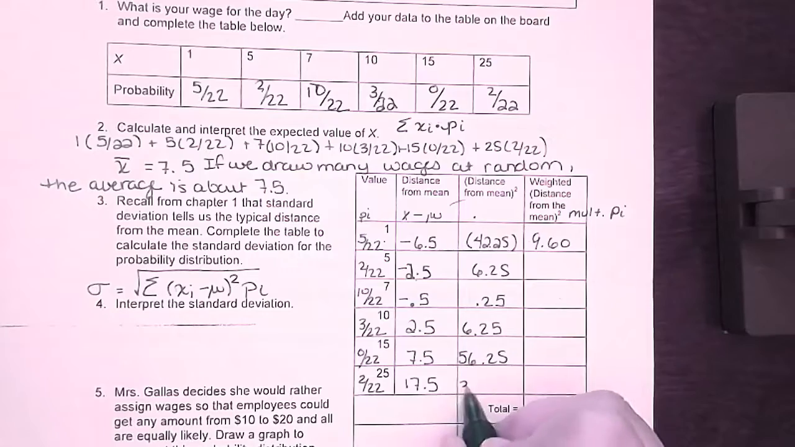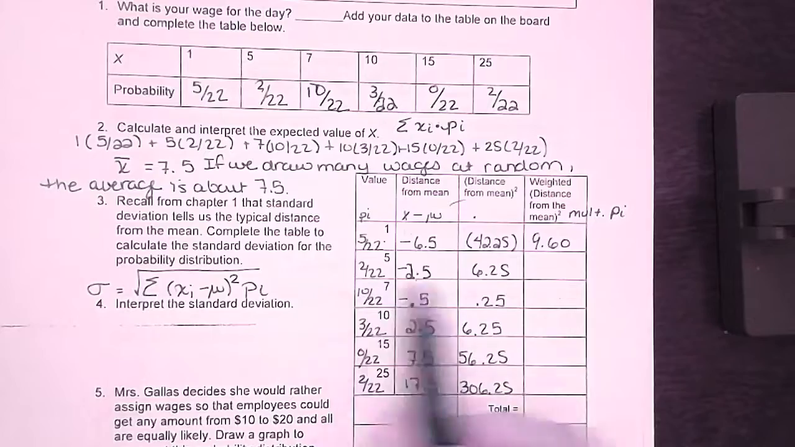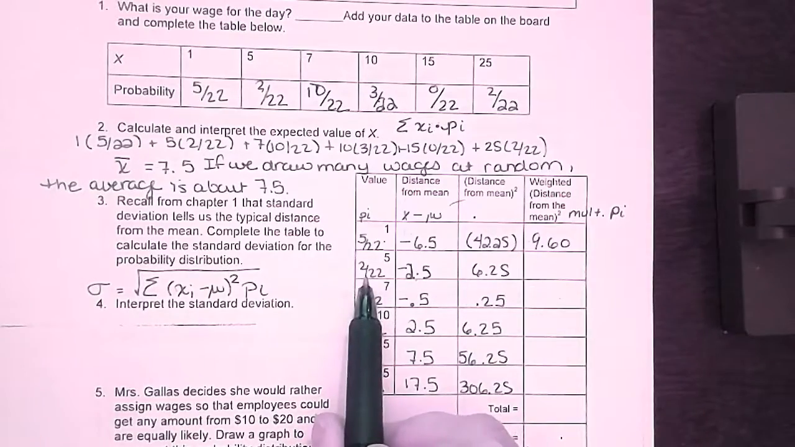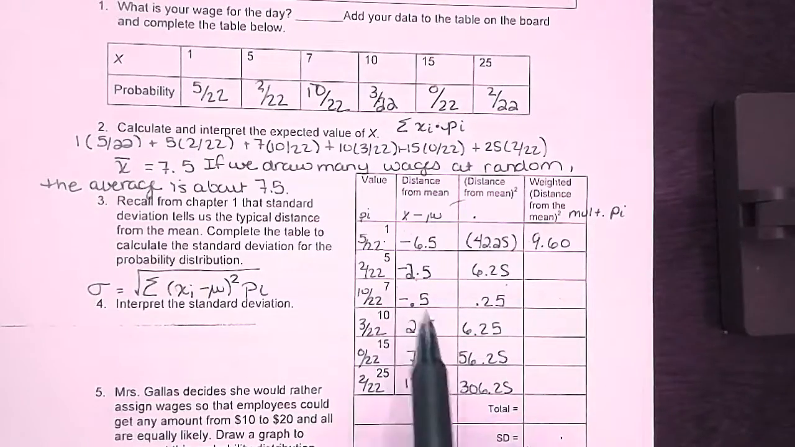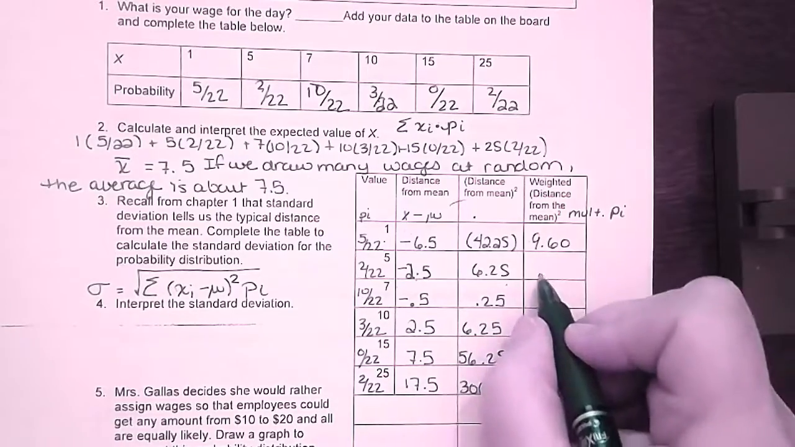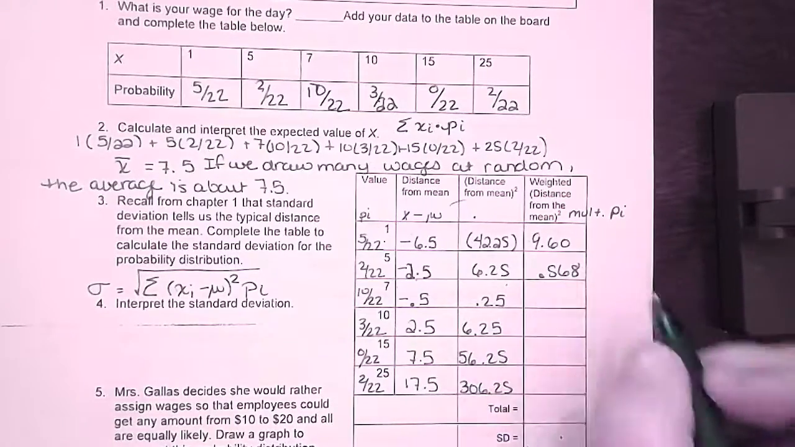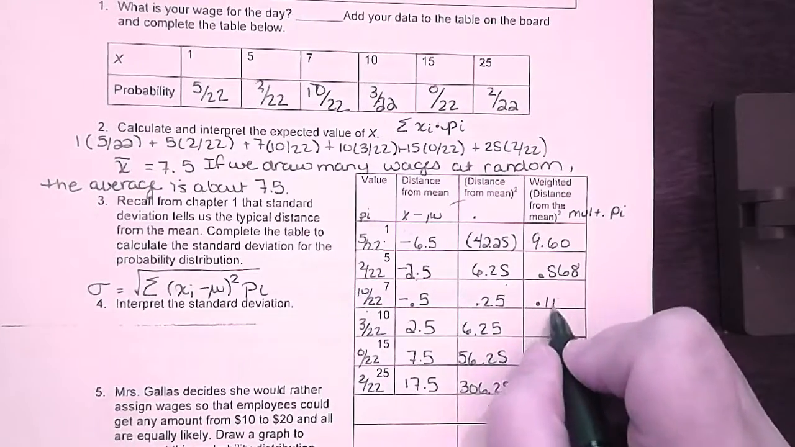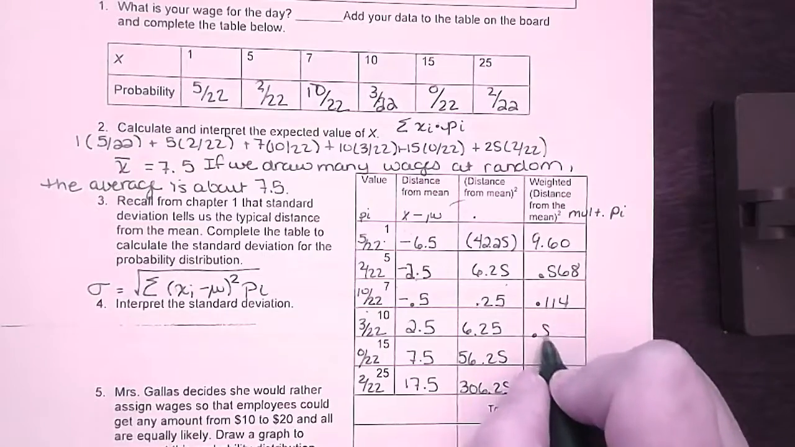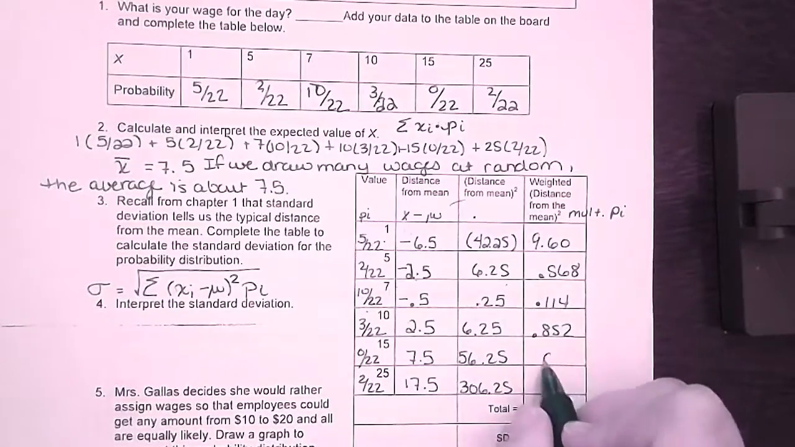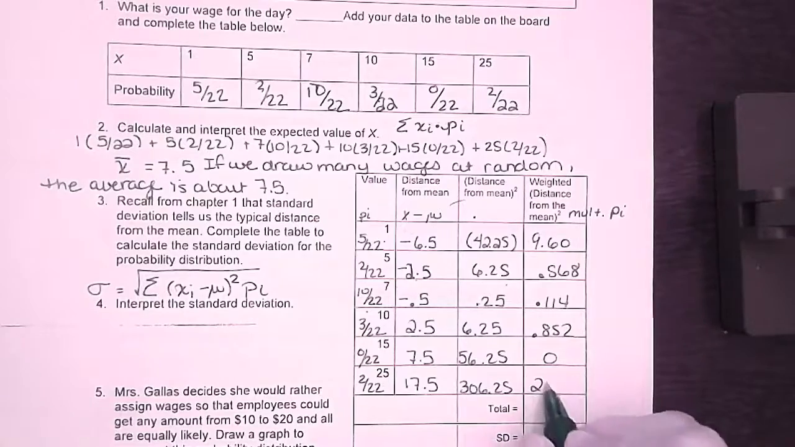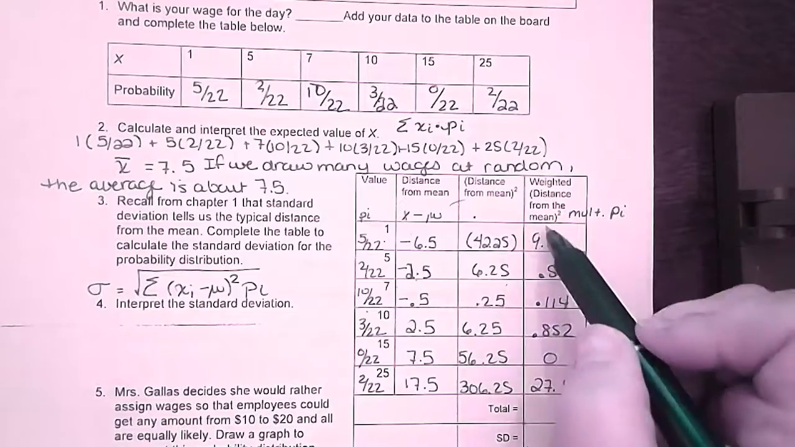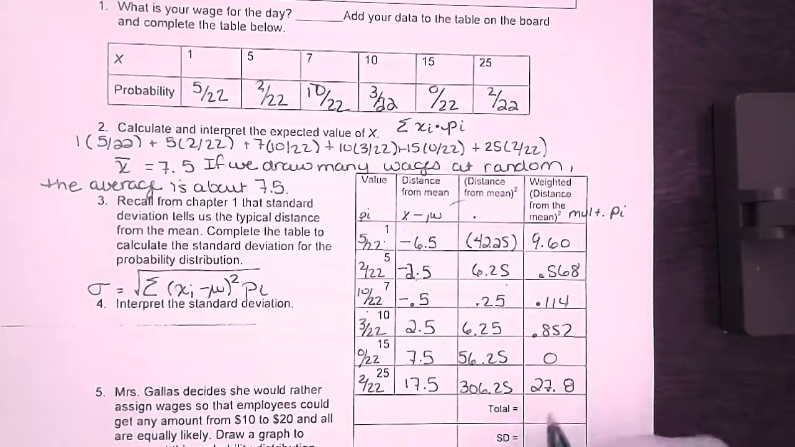Okay, and then I get 306.25. And then I'm going to multiply this number by this probability. So 6.25 times 2 out of 22 is 0.568. Same thing, 0.25 times 10 out of 22 is 0.114. 0.852, this one's easy, 0, and 27.8, right? Then I take all these numbers and add them together, and I get